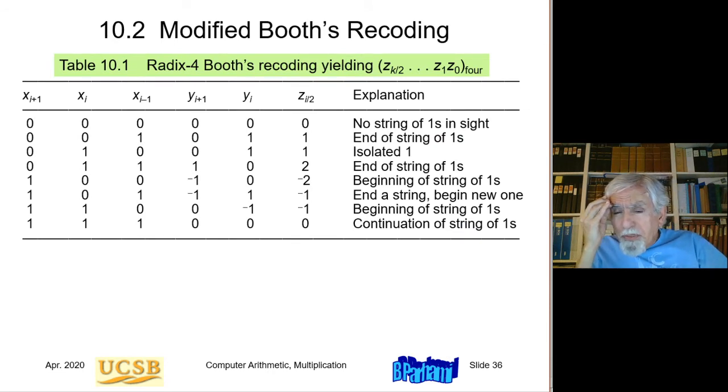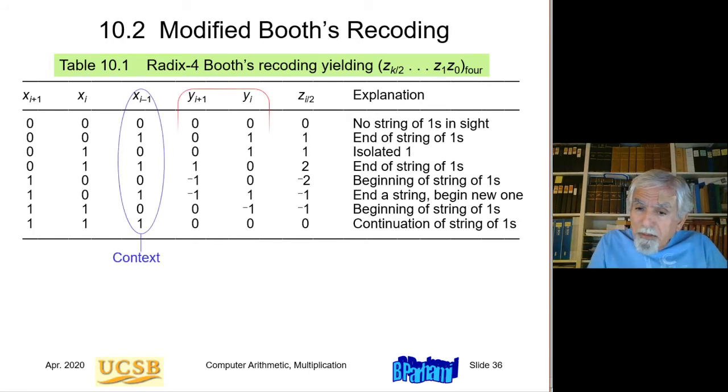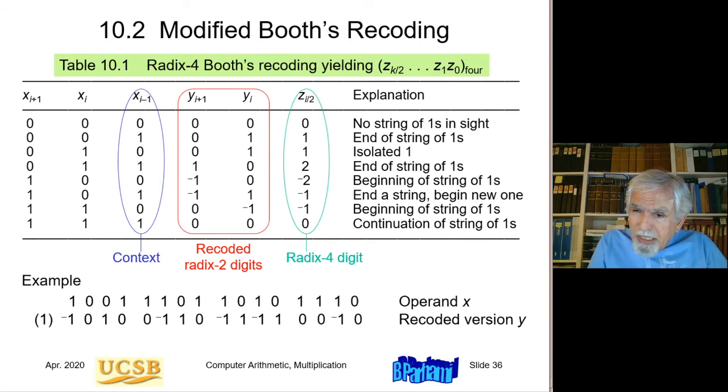Now, we talked about Booth's recoding in the previous lecture. Modified Booth's recoding, or sometimes called Radix 4 Booth's recoding, is basically the Radix 4 version of that recoding. Okay, so let me reveal, before discussing that table, the Booth's recoding example from the previous lecture, where zeros and ones in the binary number are replaced with zeros, ones, and negative ones according to the rules that we talked about. Okay, now if I take the original binary number and try to multiply it by something